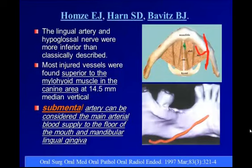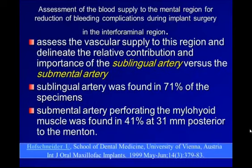That's why he stated that the submental artery can be considered the main arterial blood supply to the floor of the mouth and the mandibular anterior area and the lingual gingiva. Hofschneider from Vienna, in an assessment of the blood supply to the mental region, stated that the submental artery